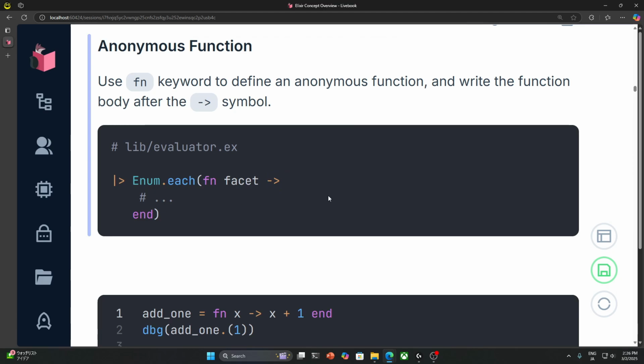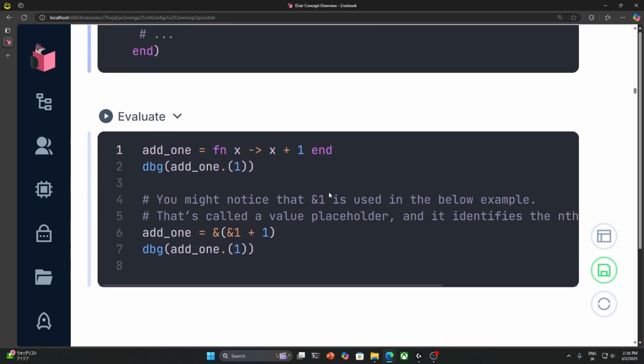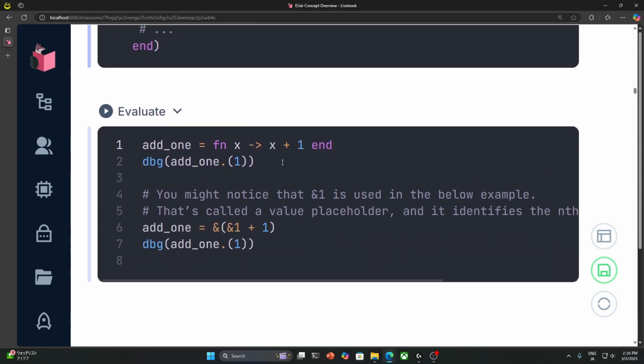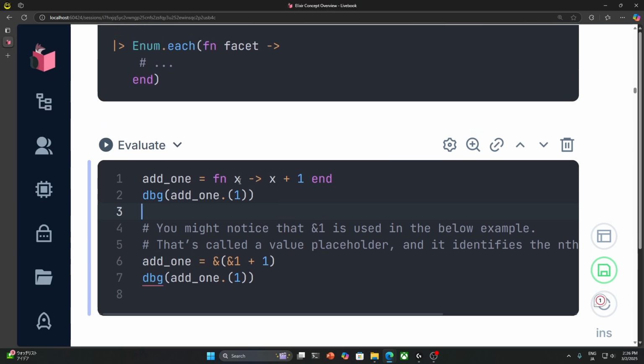And because this is an anonymous function, we can assign that function into a variable. So in this example, we have an anonymous function that accepts parameter x, and it will add 1 to x. And then we put that anonymous function in the add1 variable,